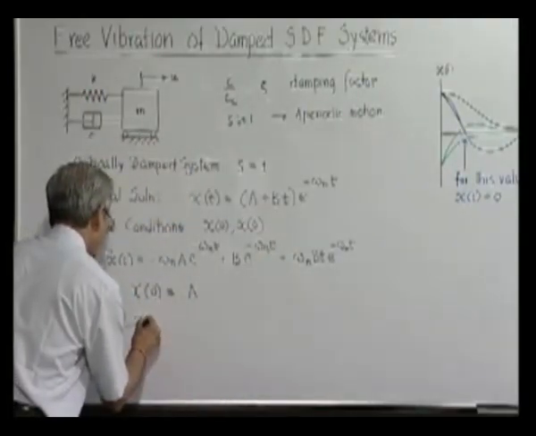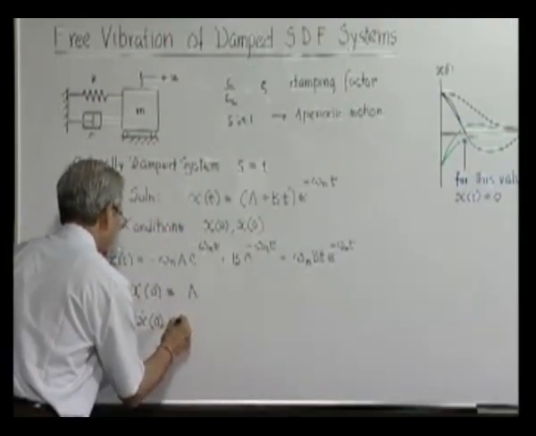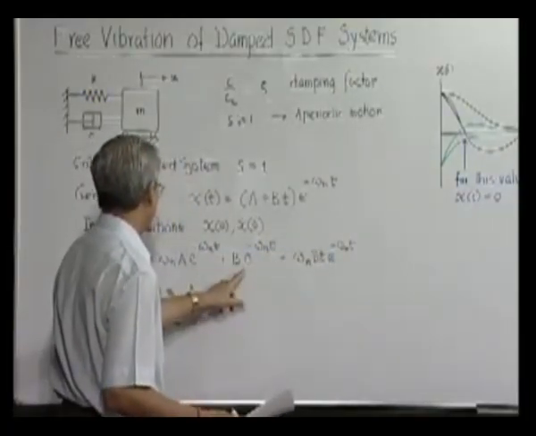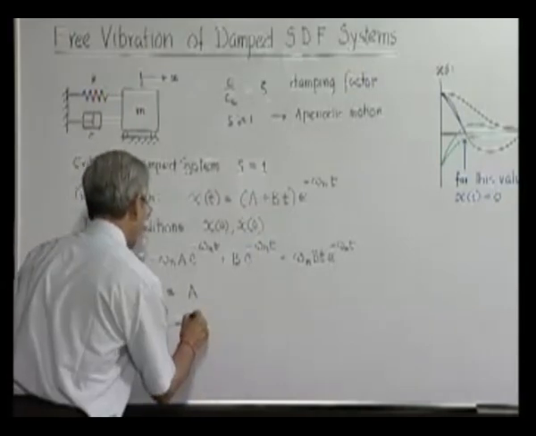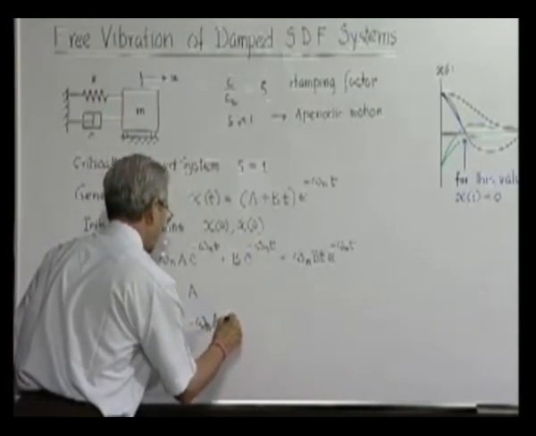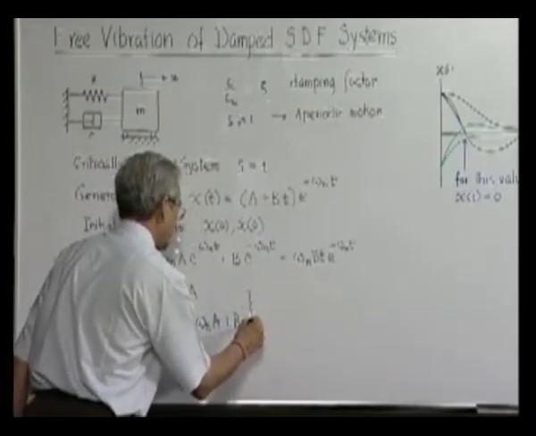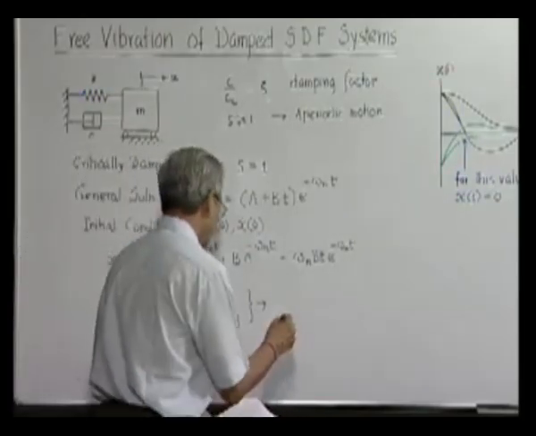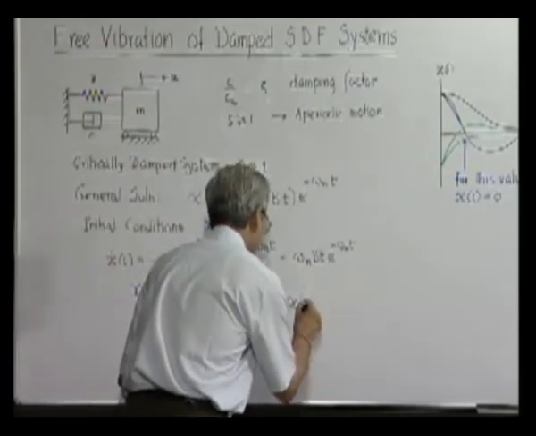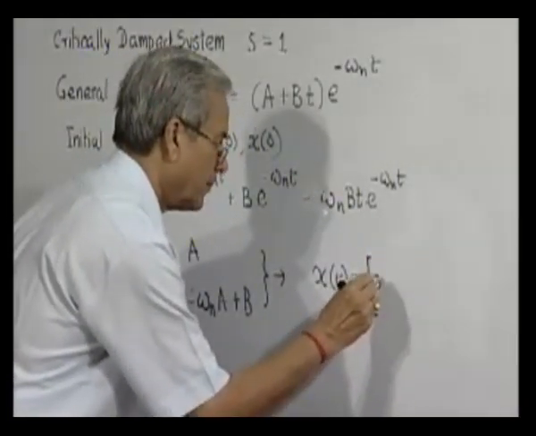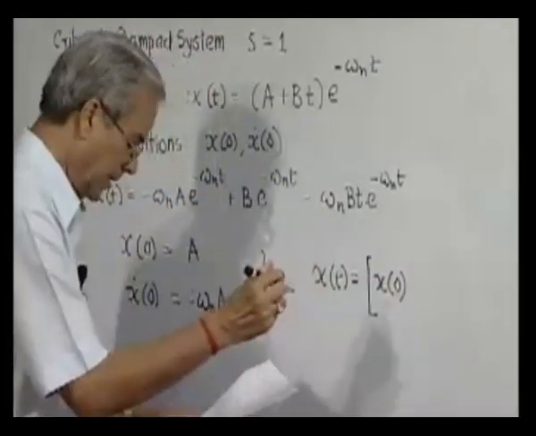And x dot 0, when you put t is equal to 0 here, this term goes, this becomes b, so it will be b minus. So these two equations can be solved very easily to give the final value, and the general solution becomes of the form A is this,